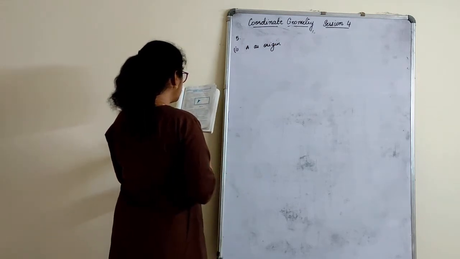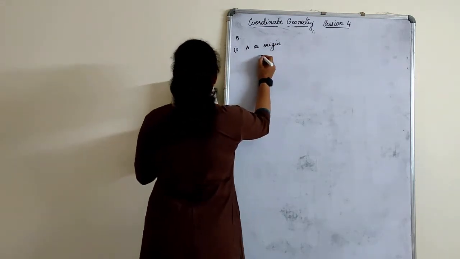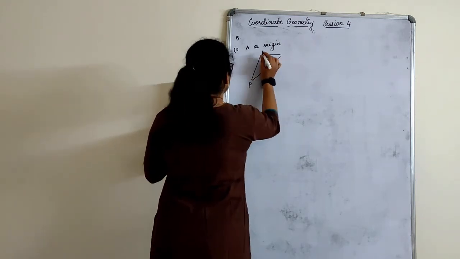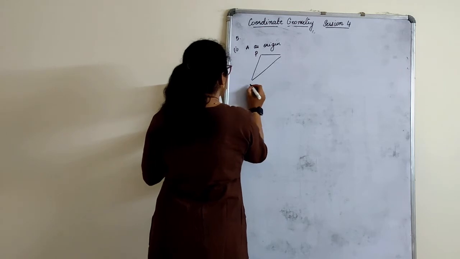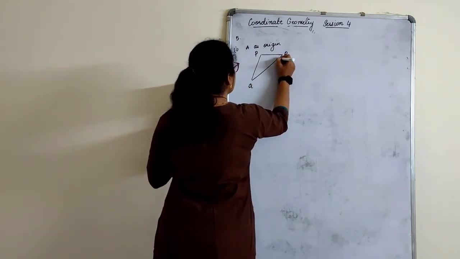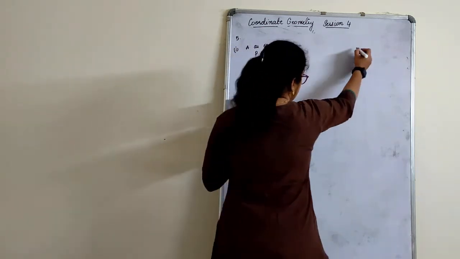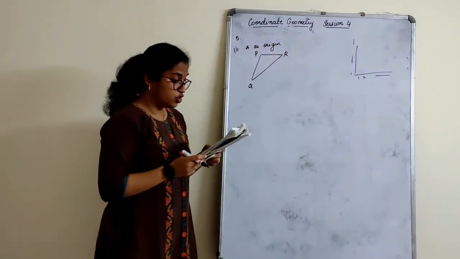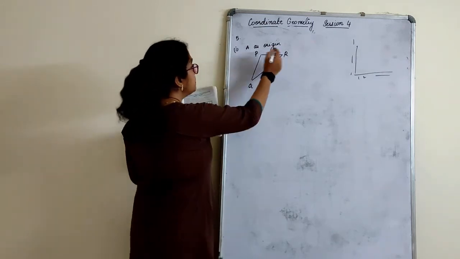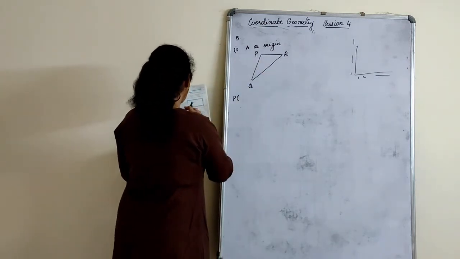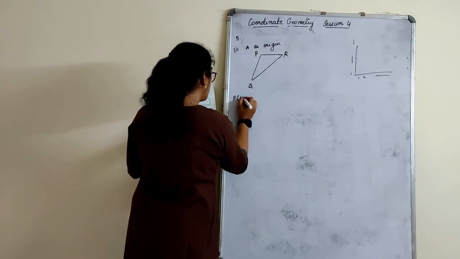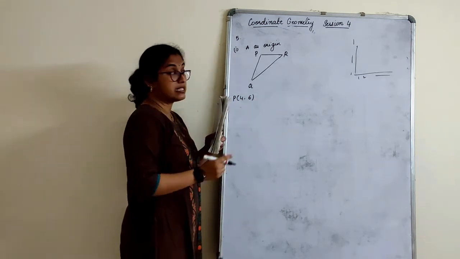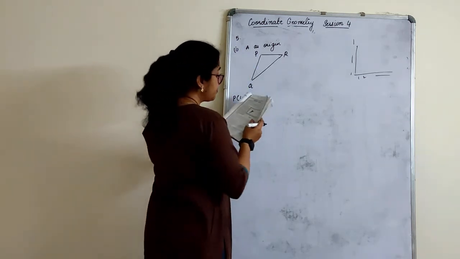And what are the vertices of the triangle? If A is the origin, now this is the triangle. This is P, this is Q and this is R. How do you read, children, now? See, mark that from 1, 2, 3, 4, 1, 2, 3, 4. Shall we read the vertices of PQR now? So, what is P with respect to that? It is on the fourth coordinate in the x-axis, and in the y-axis it is 6 with A as origin.